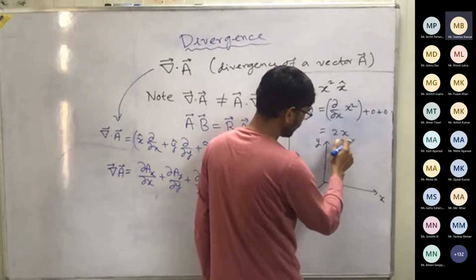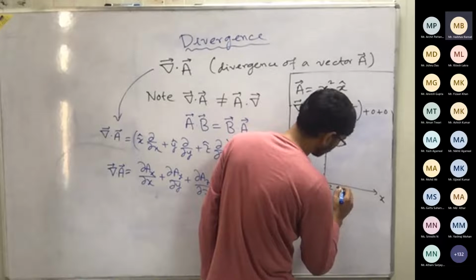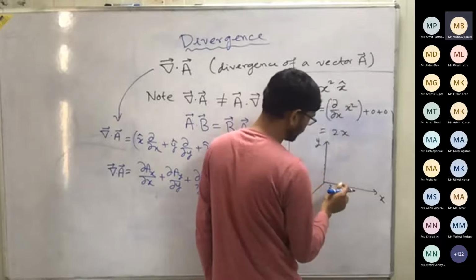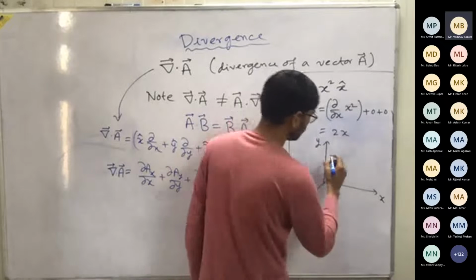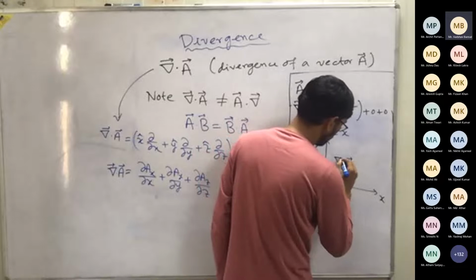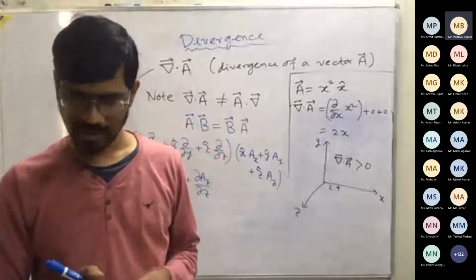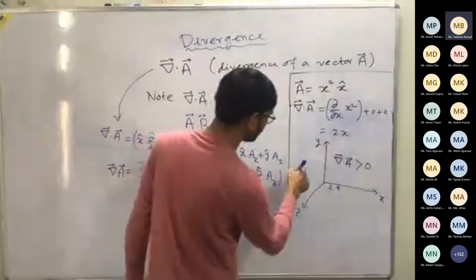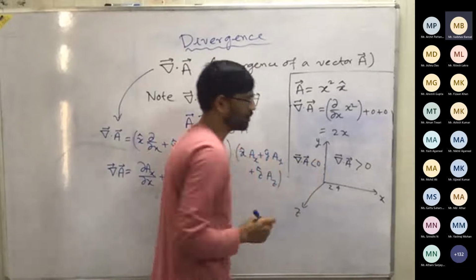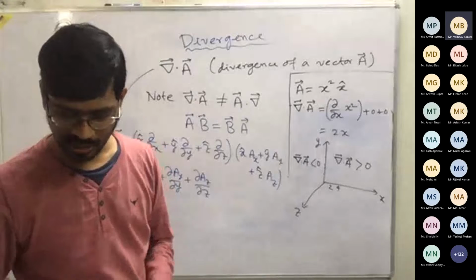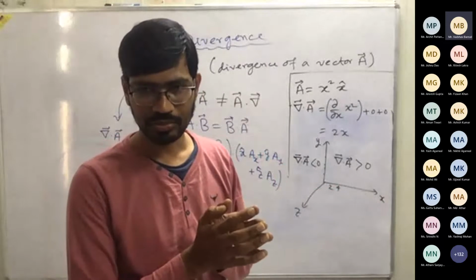When x is equal to 1, you have value 2, and then 4, like this. So the values increase and are positive: del dot A is greater than 0. Here on this side, x is negative, so del dot A is less than 0. Now what does this mean? Divergence of A actually gives